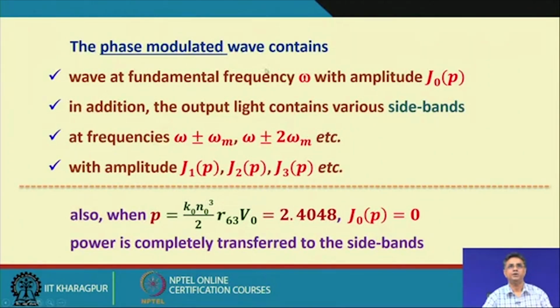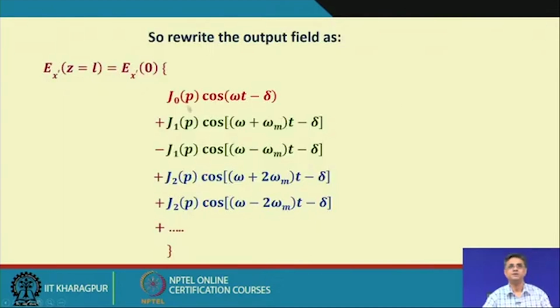The phase modulated wave then contains a wave at frequency omega with amplitude J 0 p. Look at this. After doing this algebra, we can see that it contains the modulated output wave at z equal to 0. It contains a wave whose amplitude is Bessel J 0 of p with fundamental frequency omega,